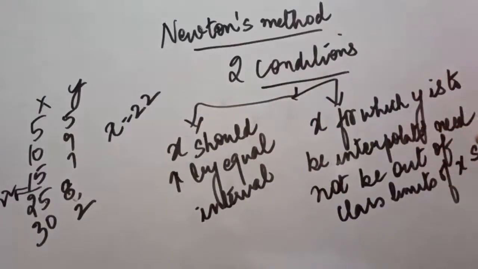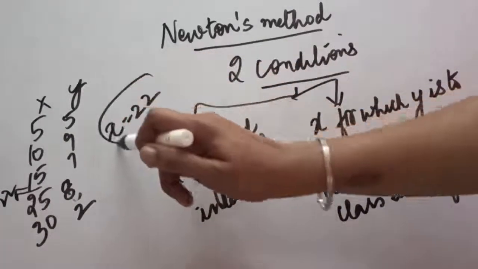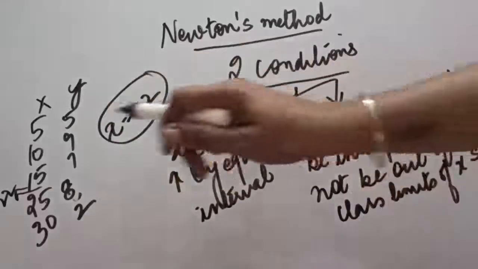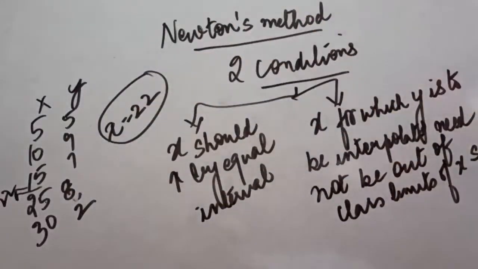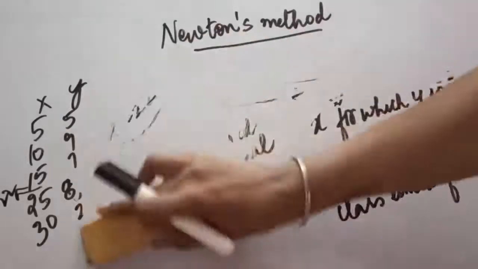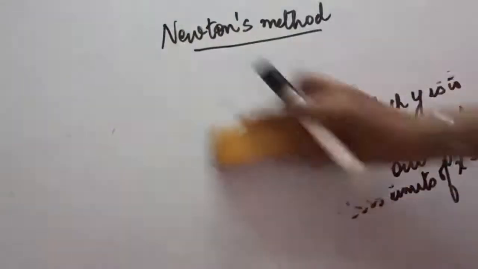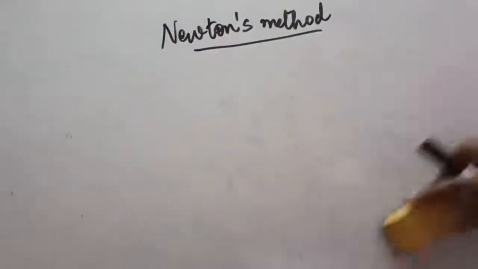So now you have got two options. If the value of x for which y has to be calculated is disturbing the series, go for Newton's method. If it is not disturbing the series, go for the binomial expansion method. Now let us see the details of Newton's method through a practical example. But before that, just note down the formula that we are going to apply in that practical question.